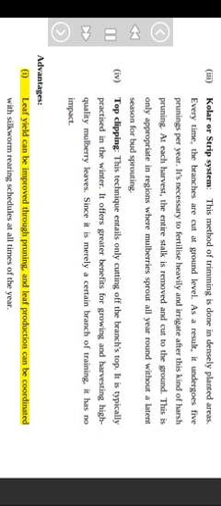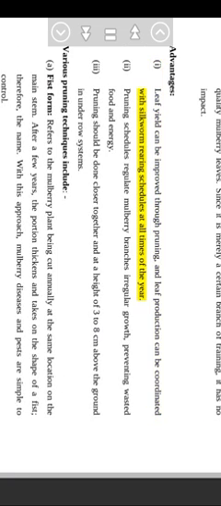Advantages. Leaf yield can be improved through pruning, and leaf production can be coordinated with silkworm rearing schedules at all times of the year. Proper pruning schedules regulate mulberry branches' irregular growth, preventing wasted food and energy. Pruning should be done closer together and at a height of 3 to 8 centimeters above